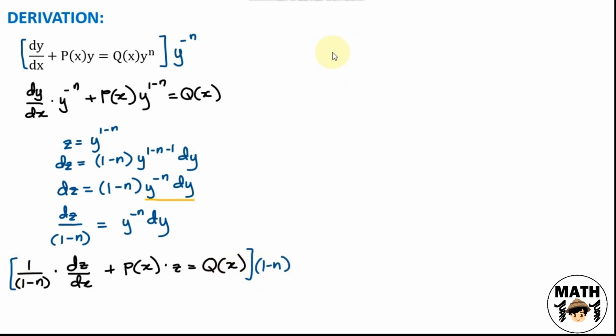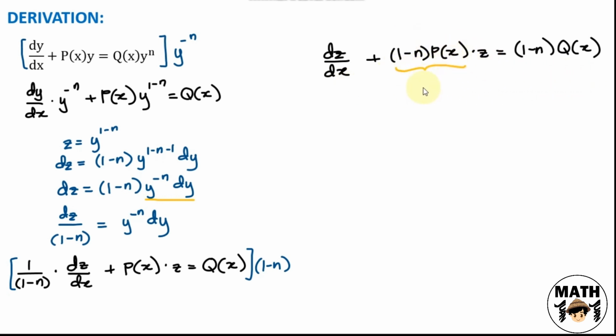And we'll get derivative of z with respect to x plus 1 minus n multiplied by p as a function of x times z equals 1 minus n multiplied by q as a function of x. Take note that n is a constant. We can see here that we have reduced the Bernoulli differential equation to a linear differential equation,